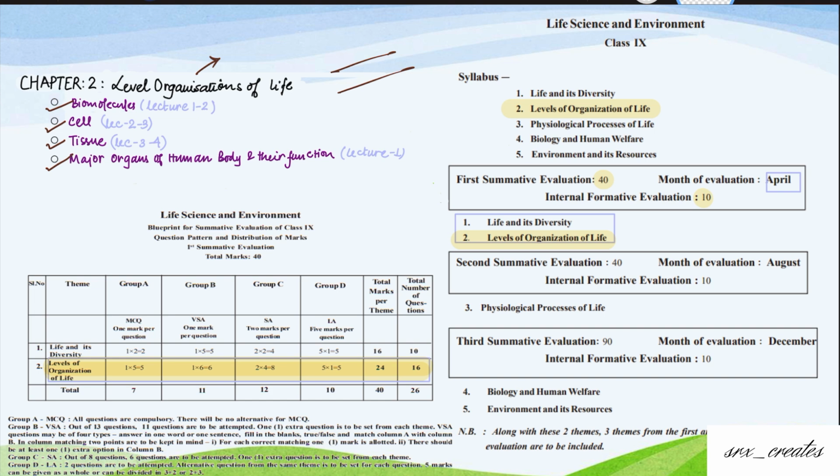Now, the chapter is huge, and this is the last chapter of your first summative examination. As you can see in the syllabus, it's the last chapter, which will have 5 MCQs, 6 VSAQs, 8 SAQs and 1 LAQ. Mainly from this chapter we have diagrams on organ function and mitochondria, and some competency based questions where you will be given a picture and asked about its function, etc.